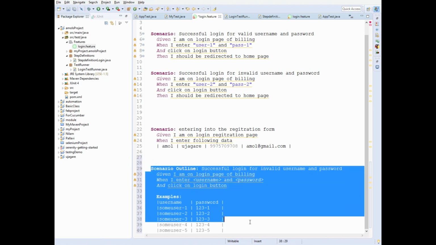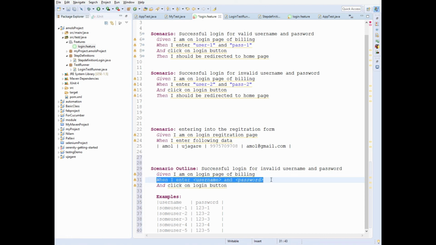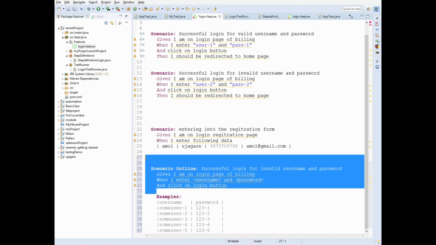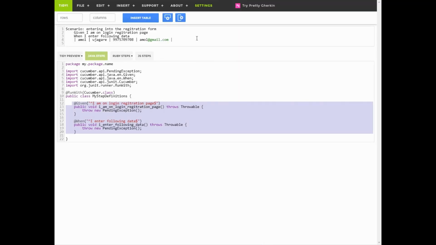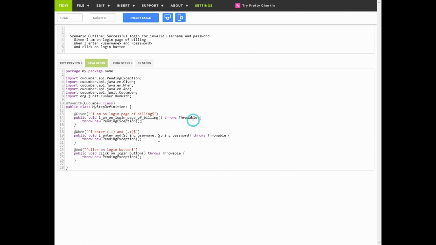We need to create a Gherkin syntax for it. So I guess for only this statement we need to create this Gherkin syntax. We already have I am on login page of billing, right? And we also have this click on login button. But if you want to generate for all, you can copy it all and paste it into your tidy Gherkin, and you can see. So now I'll copy only this thing. Here you can observe, here also you have got the two parameters, username and password, right?